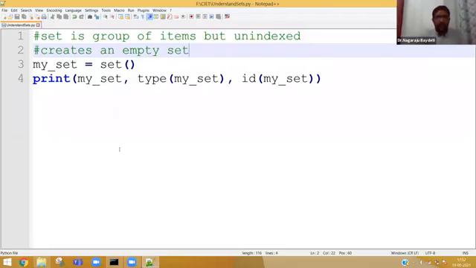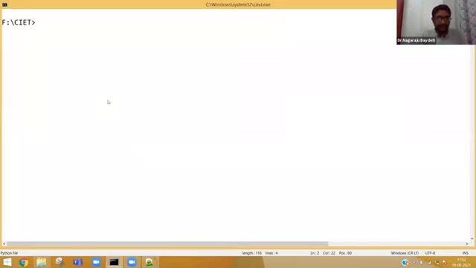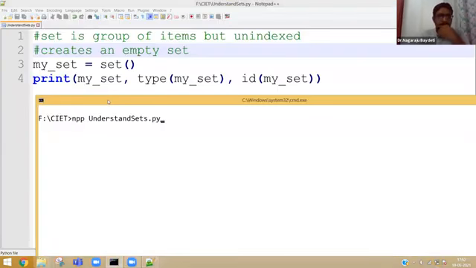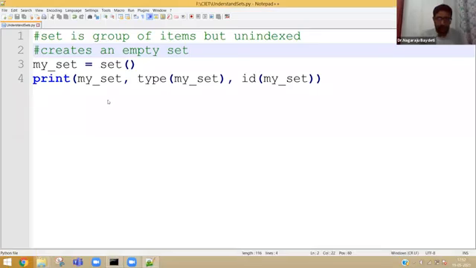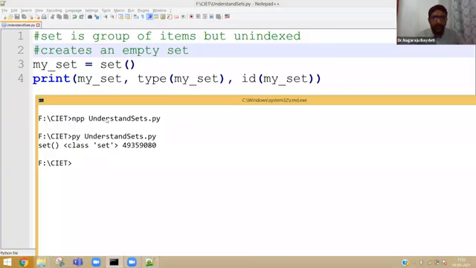Okay. One is by using the method set. Oh, I have to execute python understand sets.py. Now you can see it's a class. Again, there is an object. Obviously, in Python, because it follows the object-oriented paradigm, you can see that there is an object which is created from the class set. Okay.